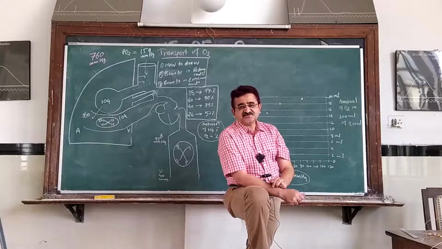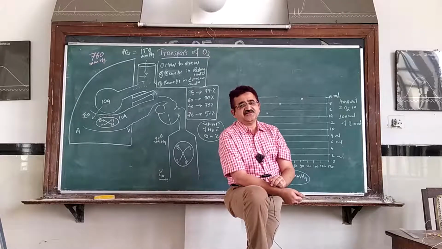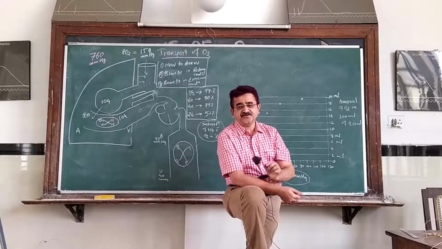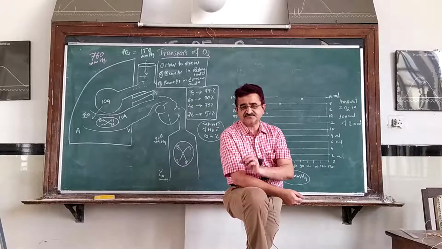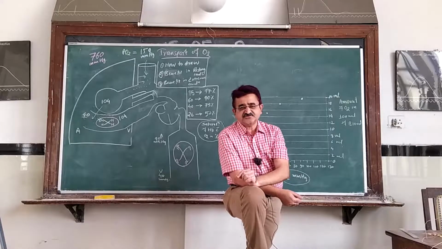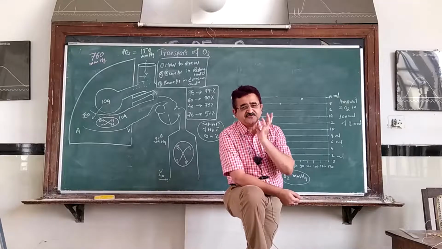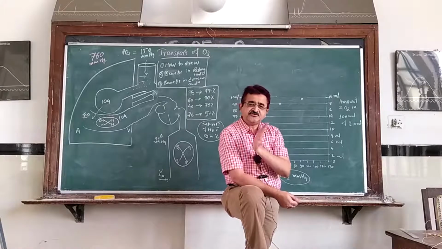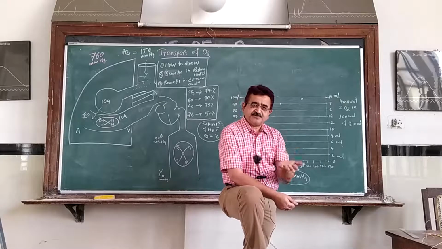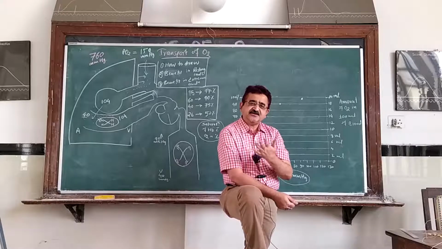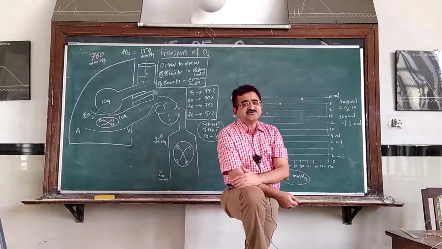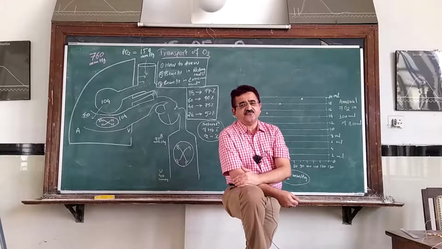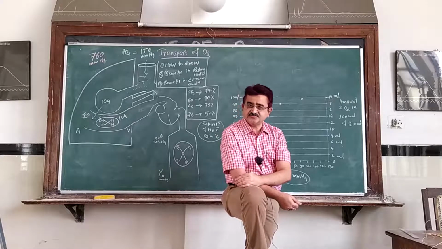So, in the last lecture, towards the end, we stated that the amount of oxygen that is carried by hemoglobin depends on the partial pressure of oxygen. What is this partial pressure of oxygen? It is nothing but the number of free molecules that are present in the plasma. The more free molecules, the more the partial pressure, and the fewer, the less the partial pressure. So this PO2 affects the transport of oxygen in the form of what is called oxyhemoglobin.